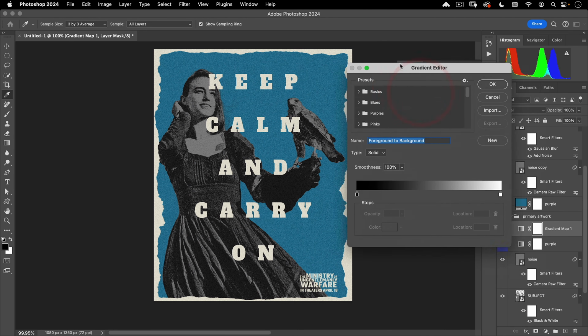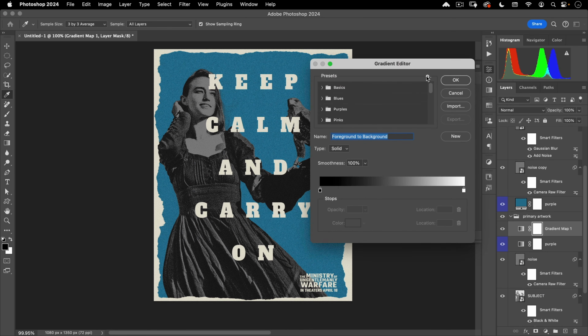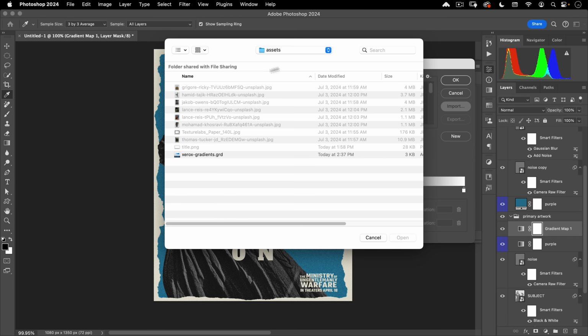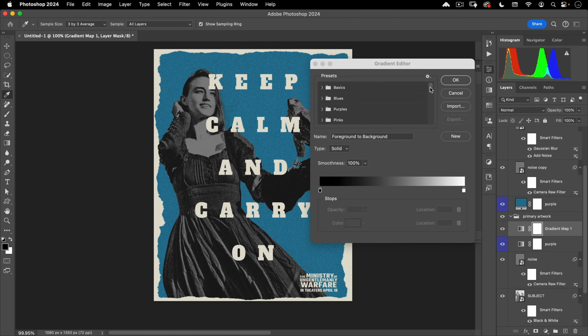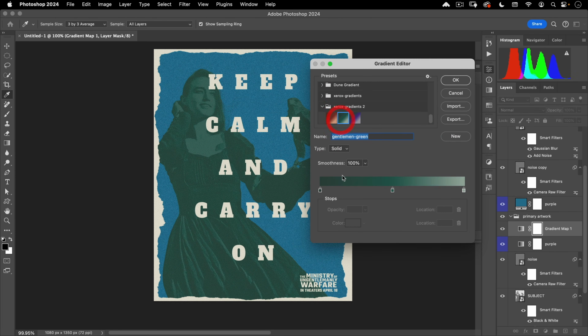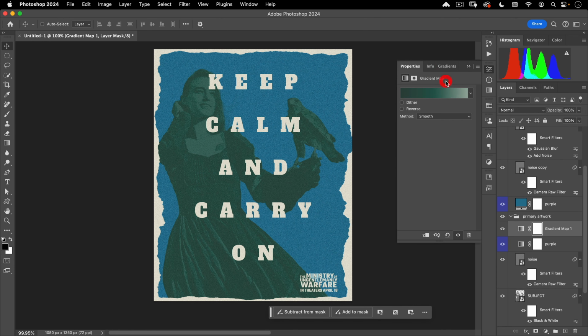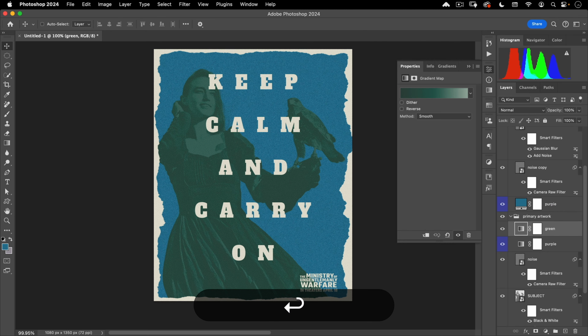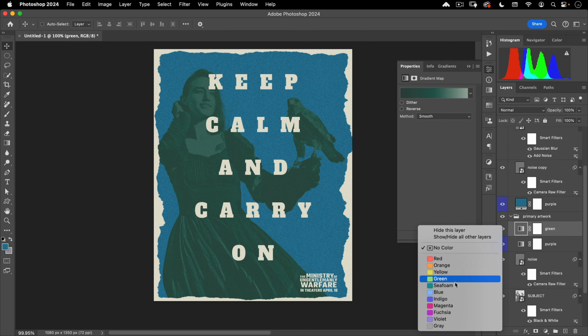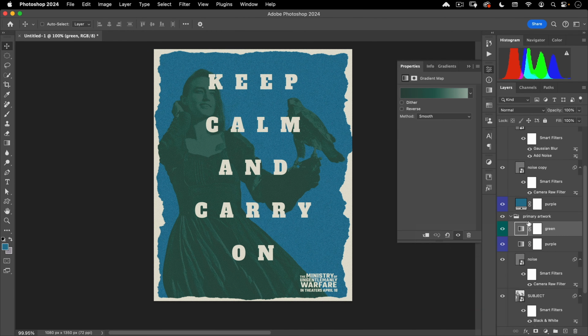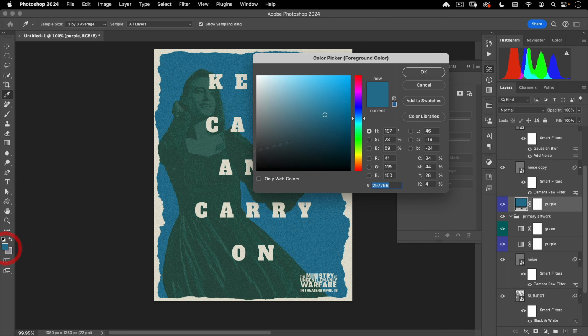And if we go into our gradient editor, you can go to import, and in the assets you'll see these Xerox gradients. Let's go ahead and load those and then scroll all the way to the bottom, and here they are. I'm going to add the green one, and let's call this green, and also change this label to seafoam. And then I'm going to go ahead and select here,